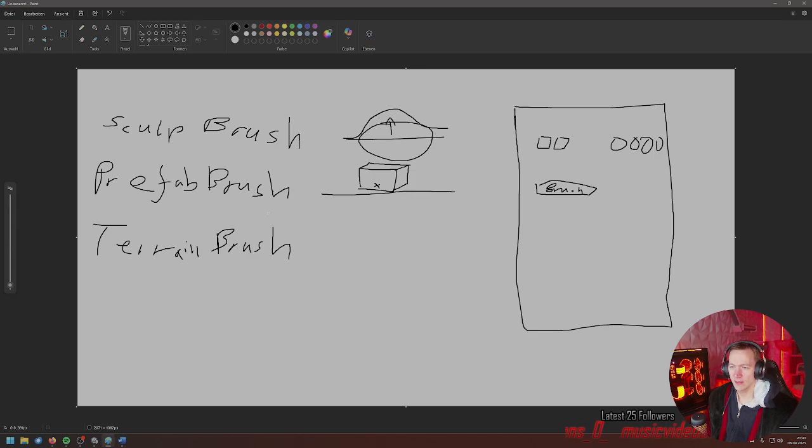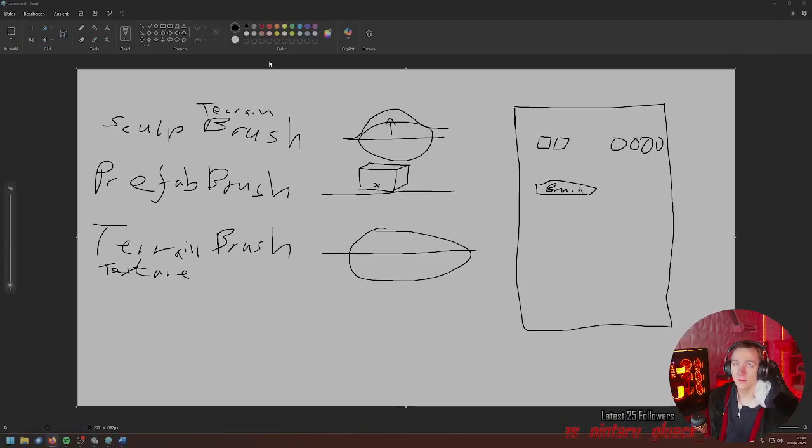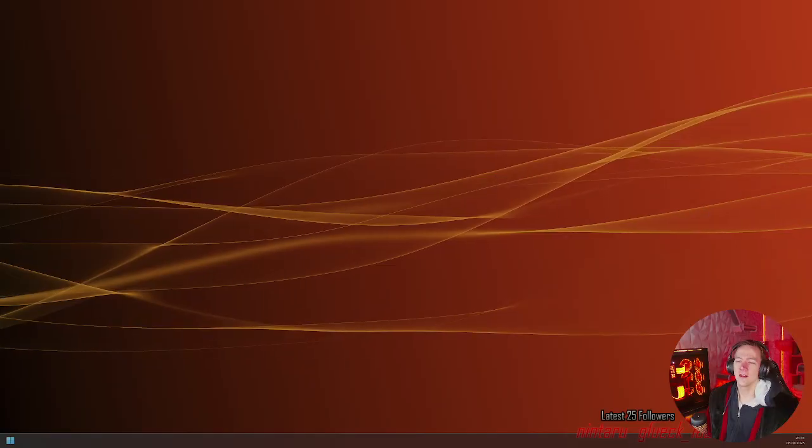There's more, but these are the most common ones. A terrain brush goes in here, and terrain texture, sculpt terrain brush. I'll explain why I make this differentiation.